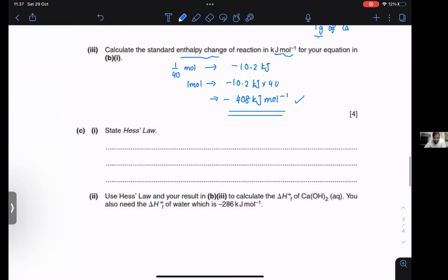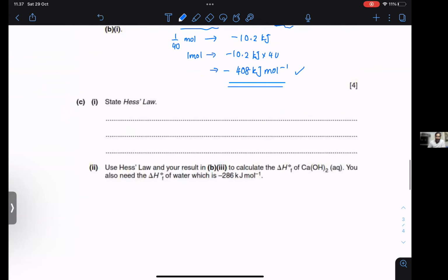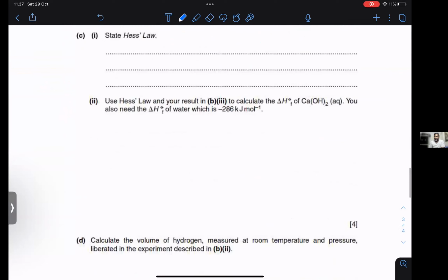Okay, so we are almost going to finish already. State Hess's law, Aurelia. I started the worksheet with Hess's law, but you joined a little bit late just now. So Hess's law, what is the definition, Aurelia? Total energy change of a reaction is independent of the routes taken. Yeah. Total energy change of a reaction is independent of the